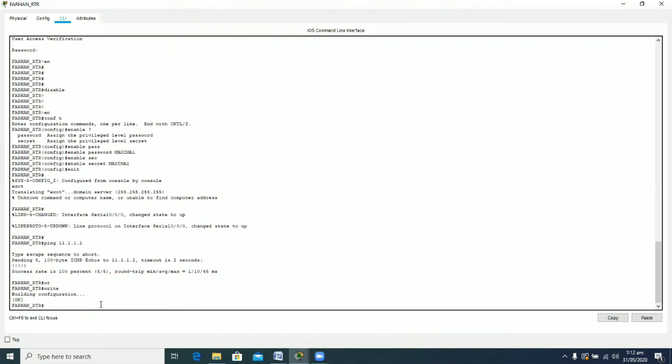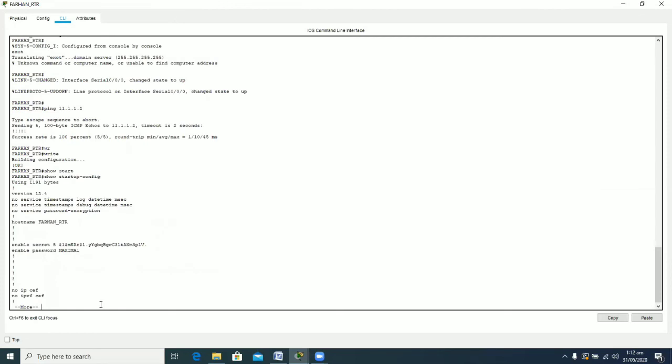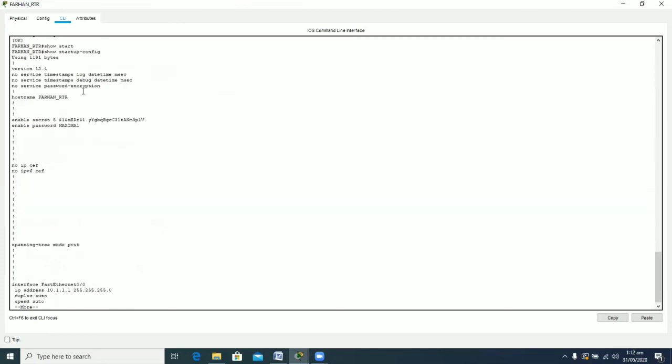If you write the write command, then your data will be moving from the running configuration to the startup configuration, or you can say that the data will be copied from the dynamic RAM DRAM to the NVRAM, that is the non-volatile RAM. That is, your data will be completely saved. You can check both the configuration. Show startup-config is basically the startup configuration, and since I have written the write command, therefore you can see that the startup configuration is present here.